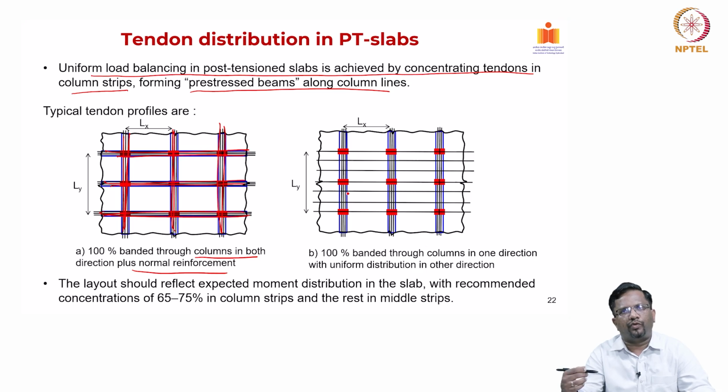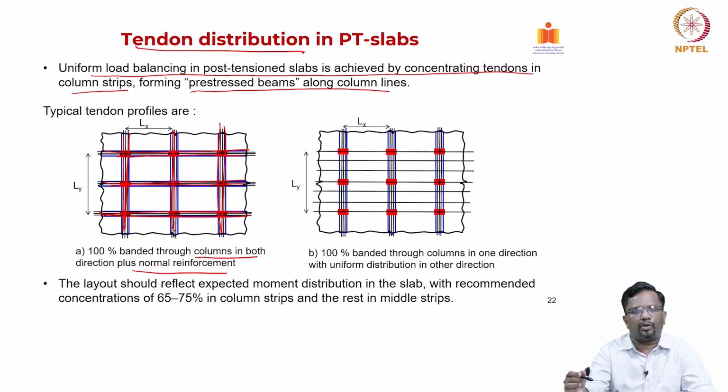On one side I go for a banded system, right, and on the other side, I go for a uniform layout of the tendons. So, these are basically layouts of the tendons. Okay. So, tendon distribution is what we are talking about, right. So, this can also be done. But